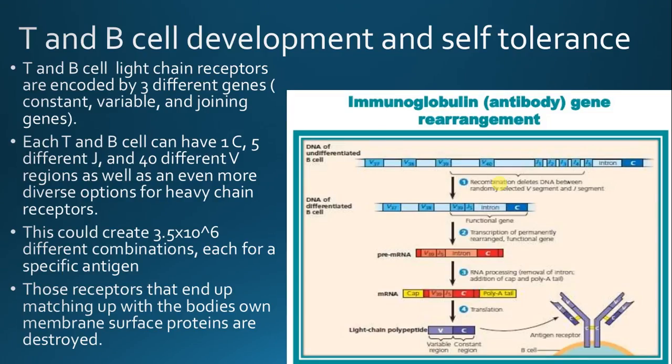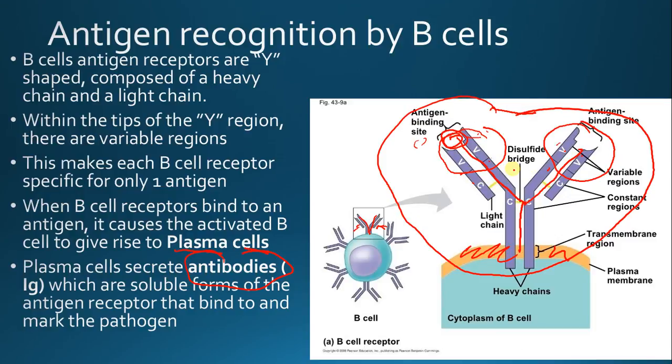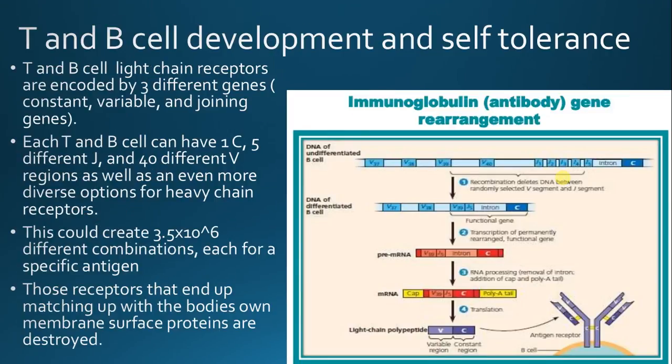So T and B cell light chains, going back here, these light chain parts right here are made up of 3 different genes, or encoded by 3 different genes: a constant, variable, and joining region, a C, V, and J region. So in their DNA, C, V,